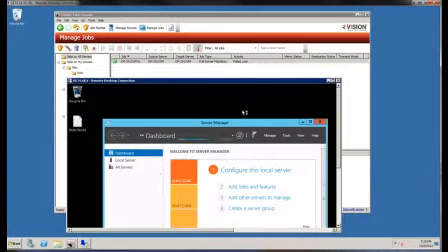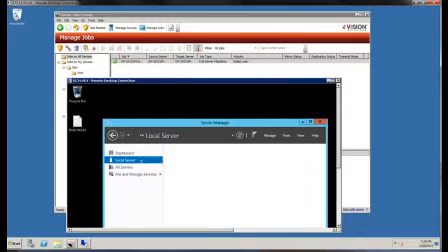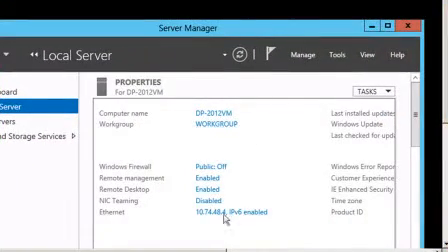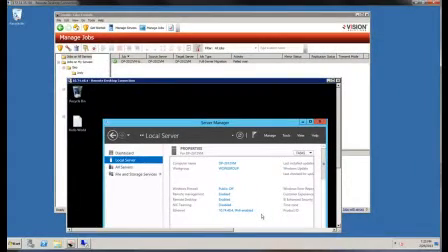Now if you were using DNS, which I am not here, you would also be able to select update DNS. So we see that it is the same name as the original source server, but it has retained the target